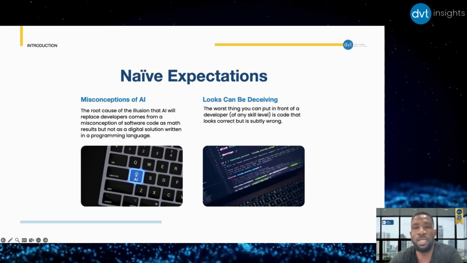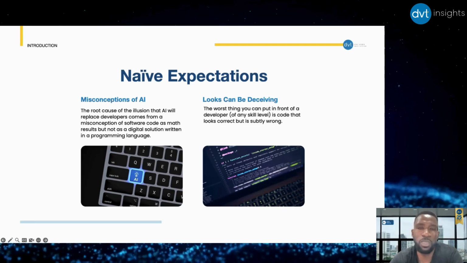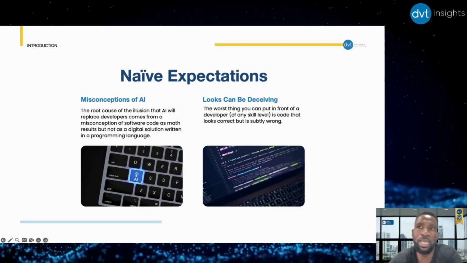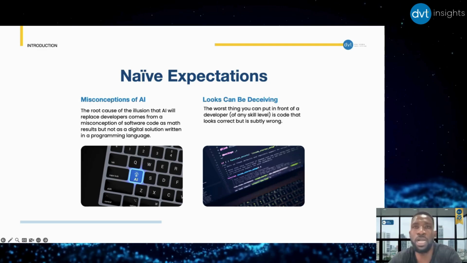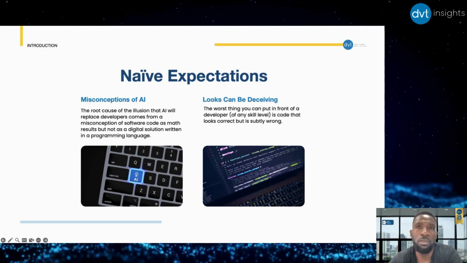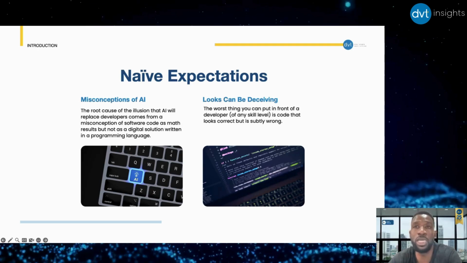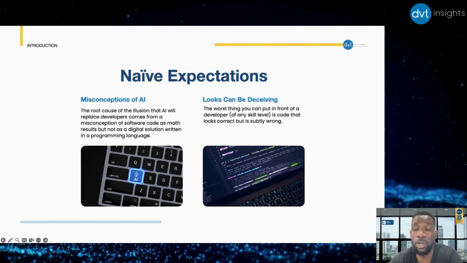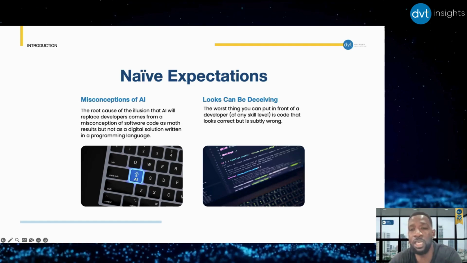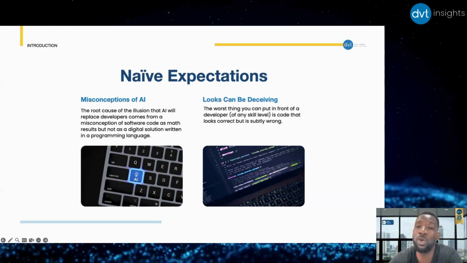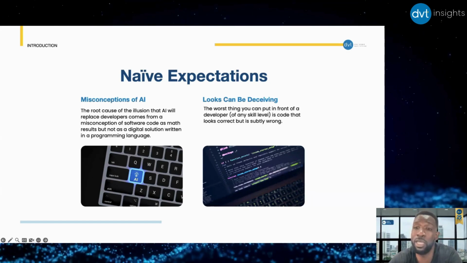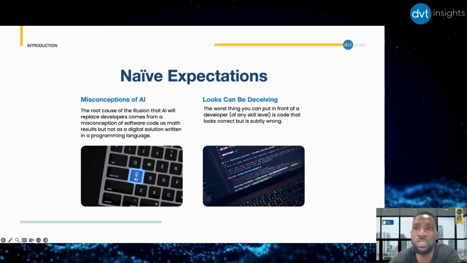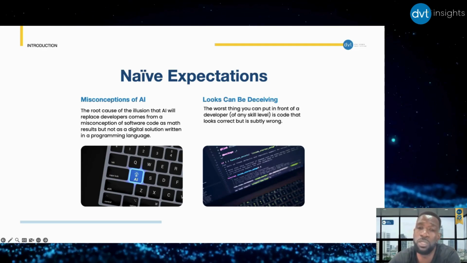The second thing that can drive those naive expectations is the overall picture. When we look at an overall result produced by an AI tool, from a macro level, it looks correct. But on a micro level, when we start looking at the nitty-gritties, it could look like some of the aspects are incorrect. So AI is especially efficient at generating code that can look correct, but that might be subtly incorrect. Now, the intelligent task of fixing those erroneous subtleties is reserved for the developers.